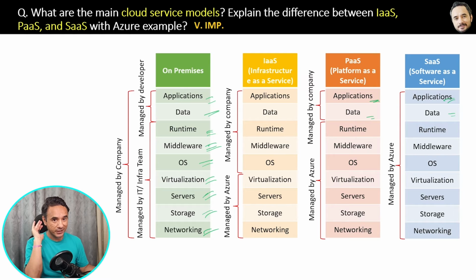Now listen carefully. All these elements here are just categories, not actual services. Actual Azure services are different. Every category will have some services. For example, virtual machines is a service which is part of the servers category. Okay, and then storage, we have many storage types in Azure. And as an Azure developer, you have to work mostly on implementing those services only. So in the upcoming questions, we will explore the services and not the categories, because services are important, but you should be aware of these categories.